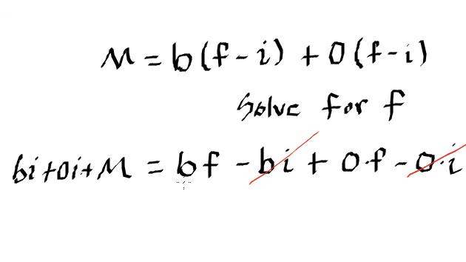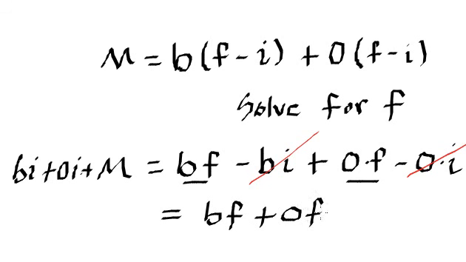So now we're left with just the BF and the OF. Okay, so we have BF plus OF, and I'm going to write it like this. M plus BI plus